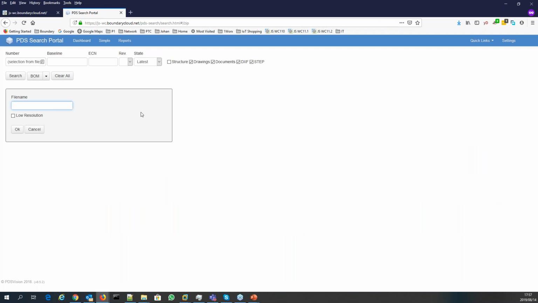And I can say this is Bobcat drawings for a specific supplier. Okay, you can also see there I can say that I want it in low resolution. I'm not going to select that option. I want it as is. Select OK,